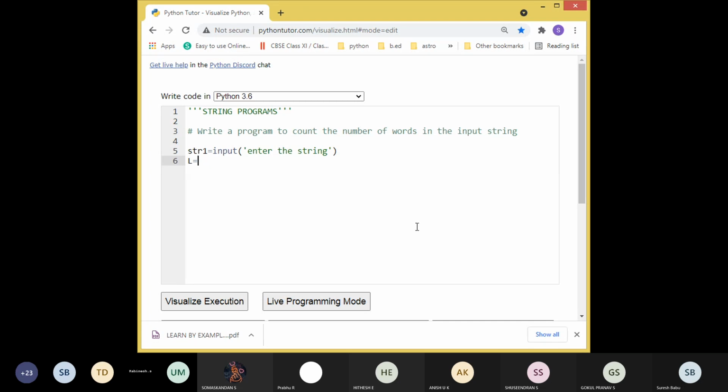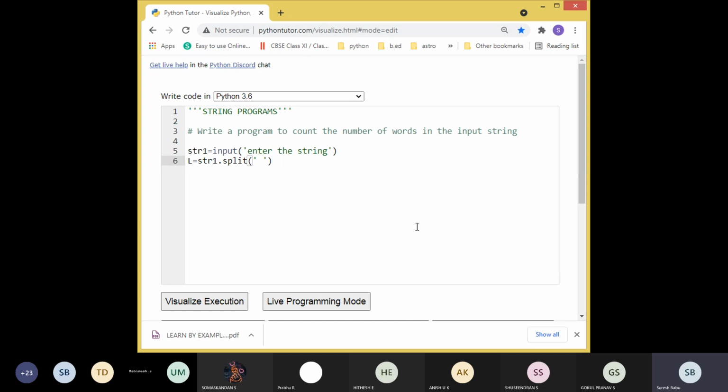Okay, split is the function. Split function will help you to convert string into list of strings, list of words. It will display whatever you are giving inside. It will split as words. So we will see now str1 dot split. We can give any delimiter here. What we are going to do is split by the space. If you do this, it will split by the space and display a list of words.